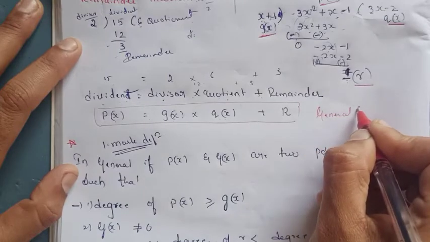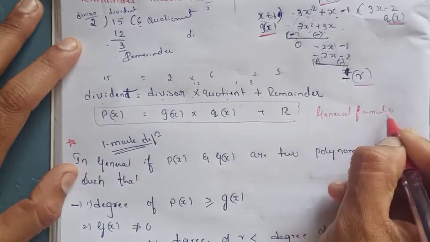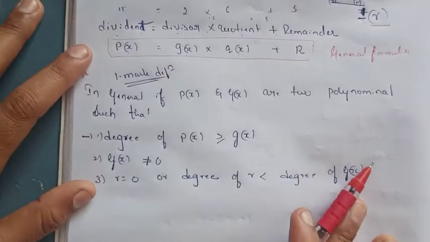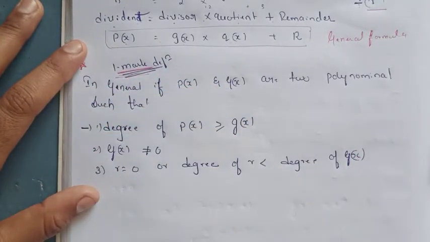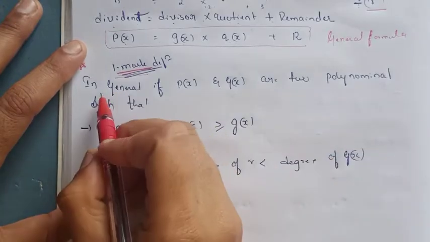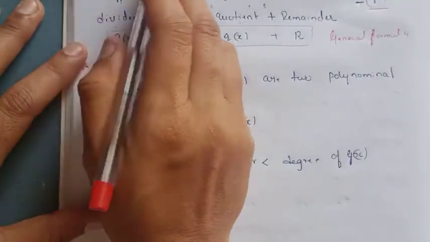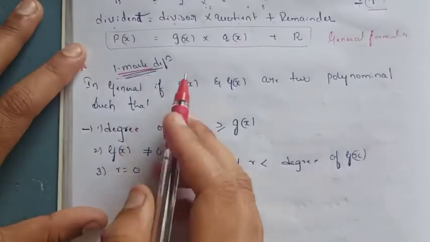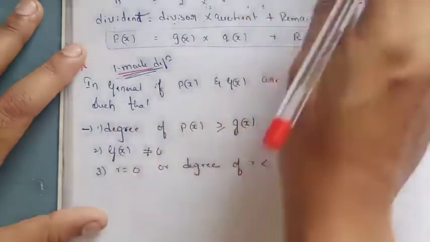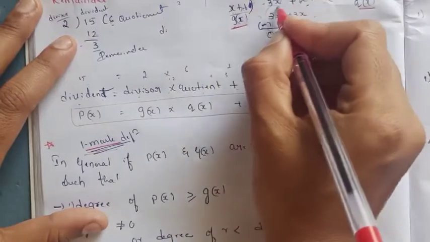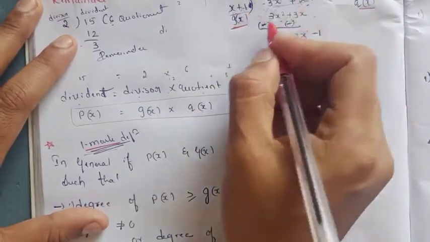And the definition for this remainder theorem is a 1 mark question, it is a compulsory question. Take the general definition for this remainder theorem. In general, if p of x and g of x are two polynomials, meaning the given expressions here are polynomials,